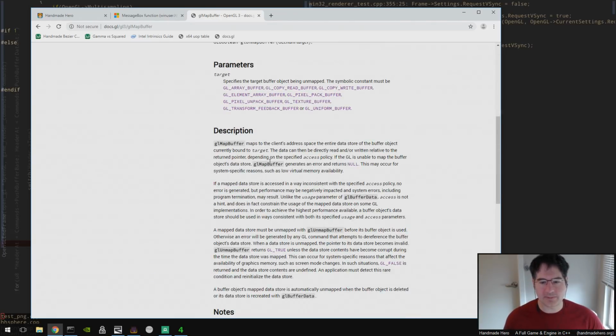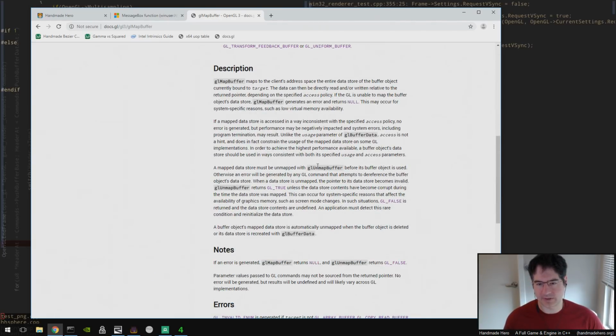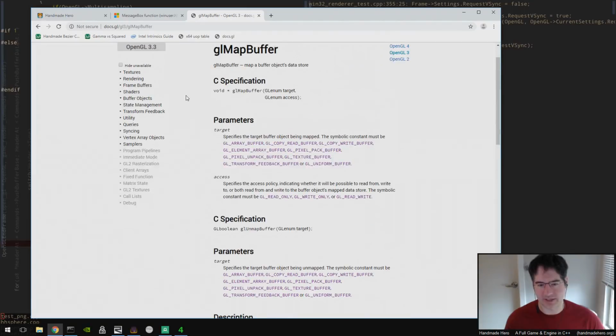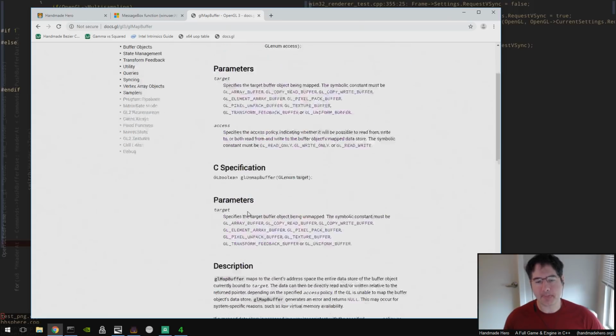And so GL map and unmap buffer is one way of doing this. GL buffer data is another one. And we can decide which ones we want to do. But let me give you the layout of how they work. And unfortunately, these things change over time. So which one's the right one to do in OpenGL kind of changes. It's one of the bad parts about OpenGL. The advice before used to be one thing, and then it was another thing, and it's just a long story. But point being,